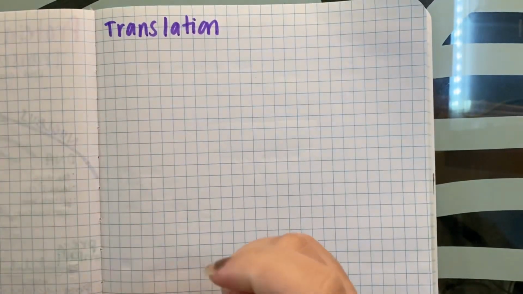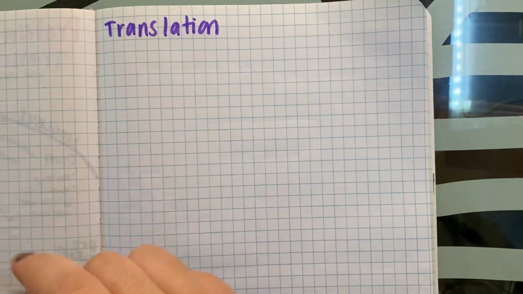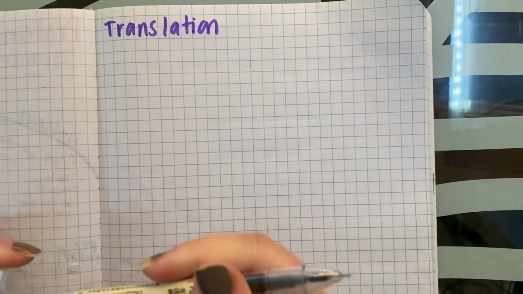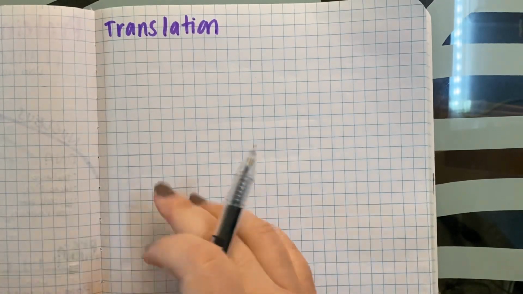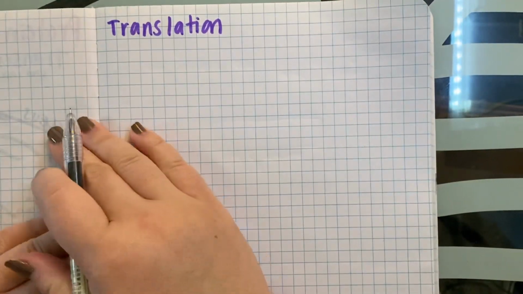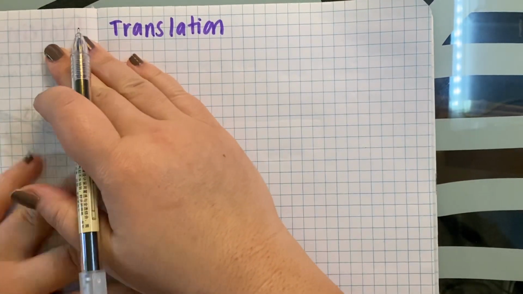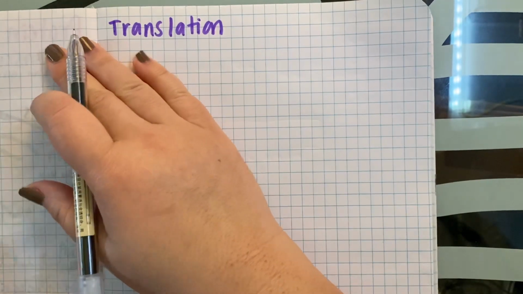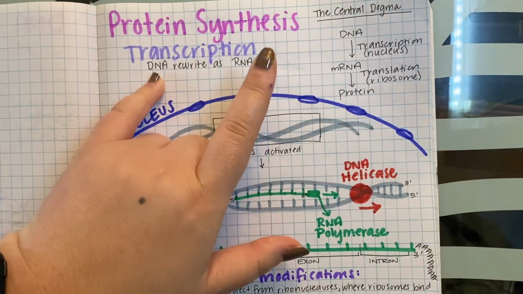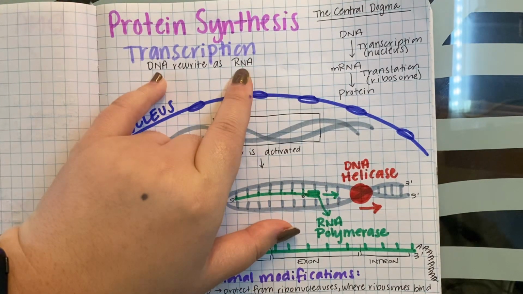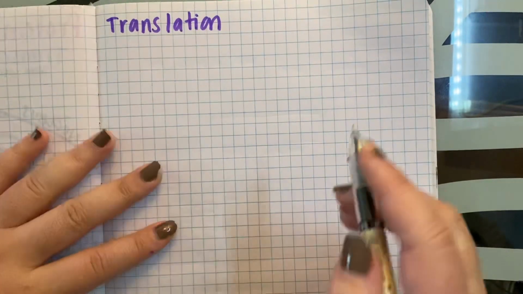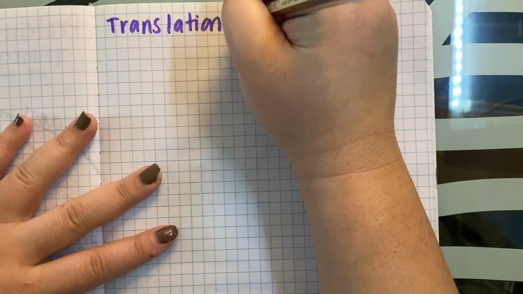Okay. So before, we rewrote our DNA as an RNA message. Now we're going to take that RNA and, instead of just rewriting it, we're going to completely change its message and turn it into the language of a protein. In transcription, we stayed in the same language, quote unquote, the language of nucleic acid. We just rewrote it. Over here, we're going to completely change the language. So we're going to take mRNA